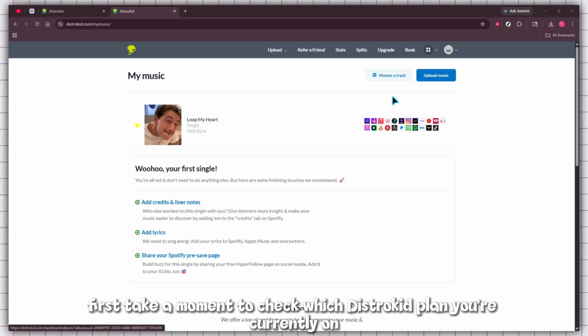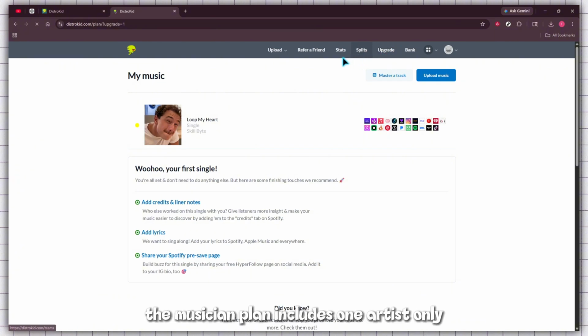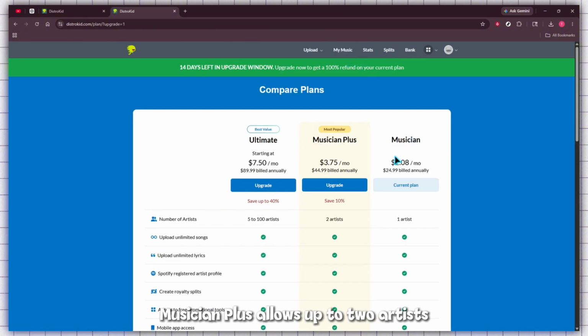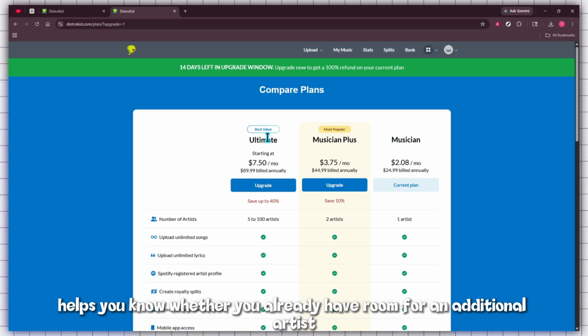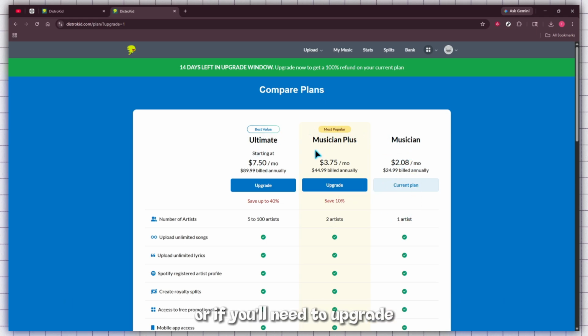plan. First, take a moment to check which Distrokid plan you're currently on. The Musician plan includes one artist only, Musician Plus allows up to 2 artists, and the Ultimate or Label plans expand that to anywhere from 5 to 100 artists depending on the tier. You can see the exact limits on the plans page inside your account. This quick check helps you know whether you already have room for an additional artist or if you'll need to